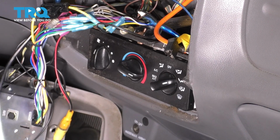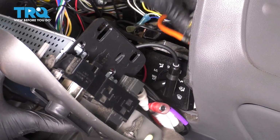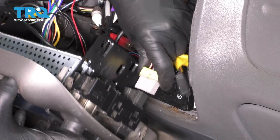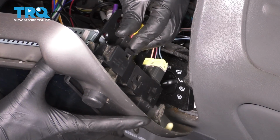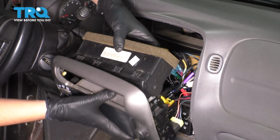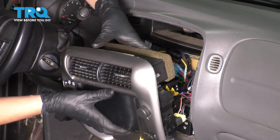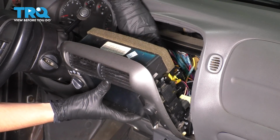All right, that's secured. Let's bring up the head unit with the trim panel all up at the same time. Reconnect anything you disconnected. For me, it was the antenna and then the fog light switch, as well as the 12-volt outlet. The vents, like I said, should have stayed with the trim panel. They didn't for me, so I'm going to try to reattach them, at least partially. And then slide all of this back in,